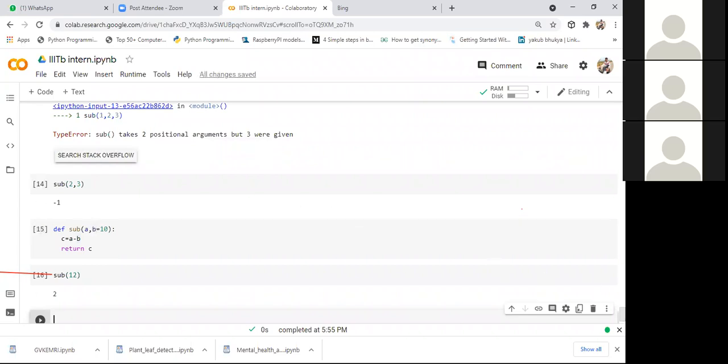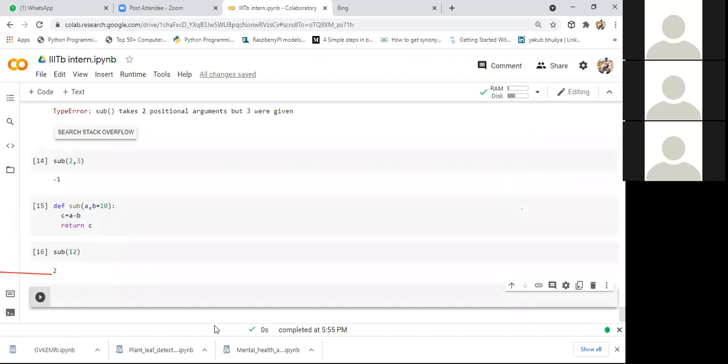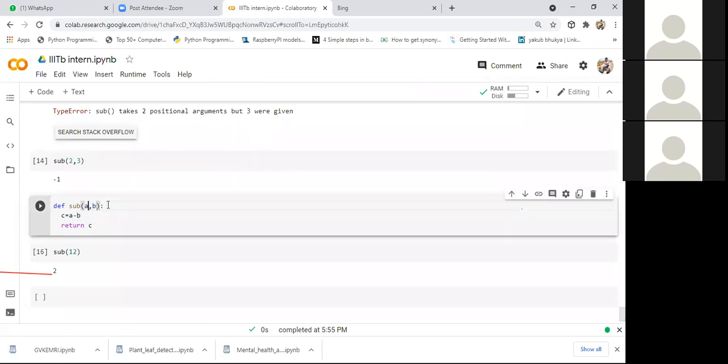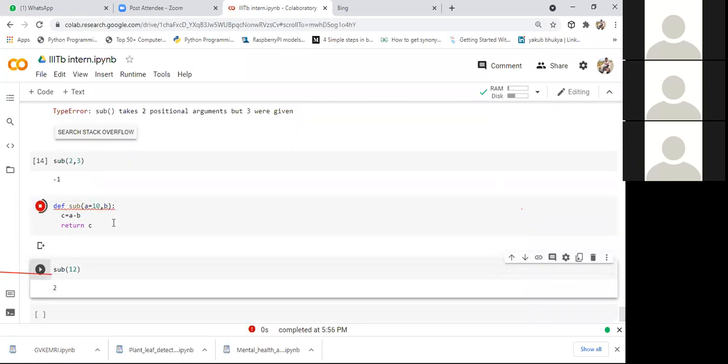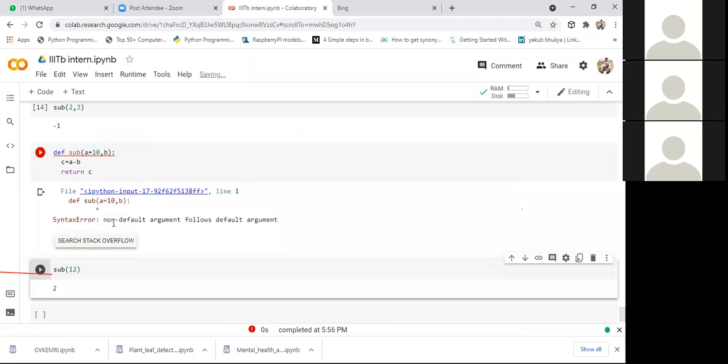Now let's suppose, what happens if you specify the value of a here? It's a very important interview question. What happens if you keep some argument value in a function definition at the first location? Remember, guys, whenever you specify values of the parameter, you'll get an error like non-default arguments should follow default arguments. Whenever you perform an assignment, whatever value you are assigning should be present at the last. Any questions to anyone?